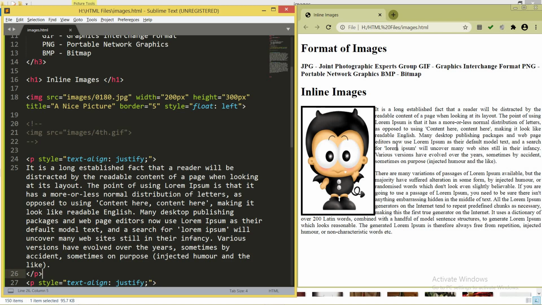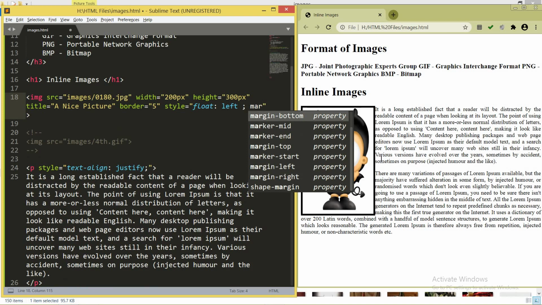By using both you can make a website. That's why I'm implementing HTML with CSS. Now I want to set a certain gap of 10 pixels or 20 pixels between the image and the text, so with this image give one more property by putting a semicolon, and we have a margin property.